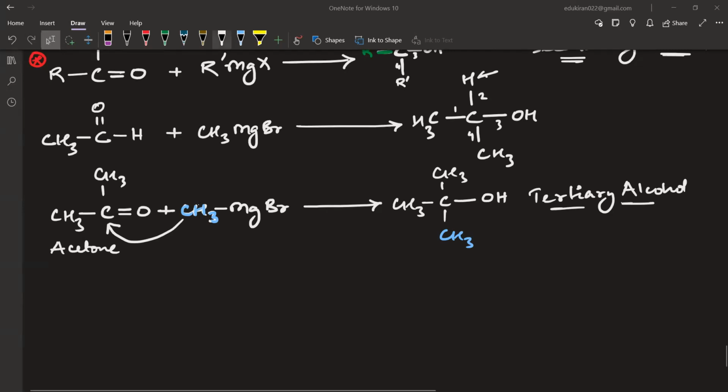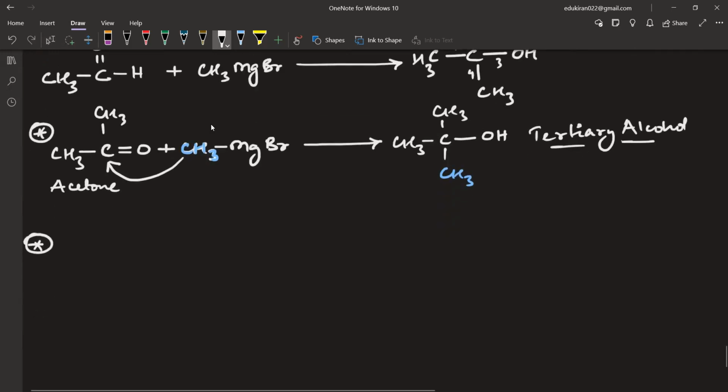Okay, look, now if you get anything, let's also look at the case of esters. This was for ketones. Next we will look at esters. Now in esters, what do we have here? Please see. I will take the simplest case of ester. Let us start with a simple one, that is CH3, we have here C double bond O and